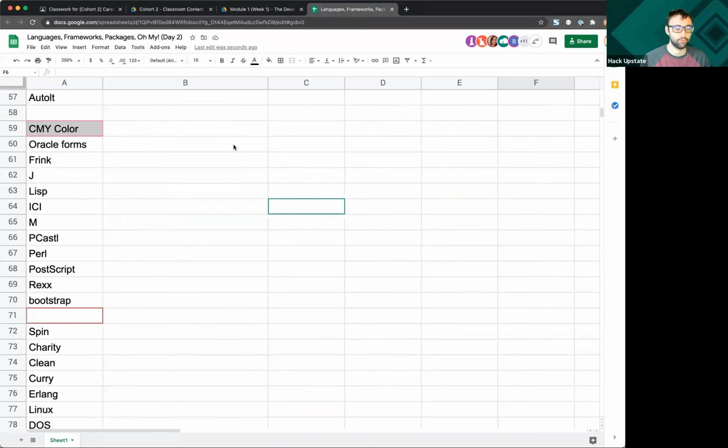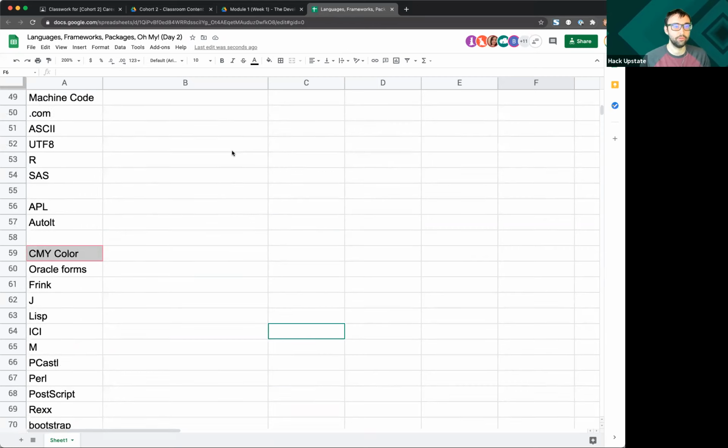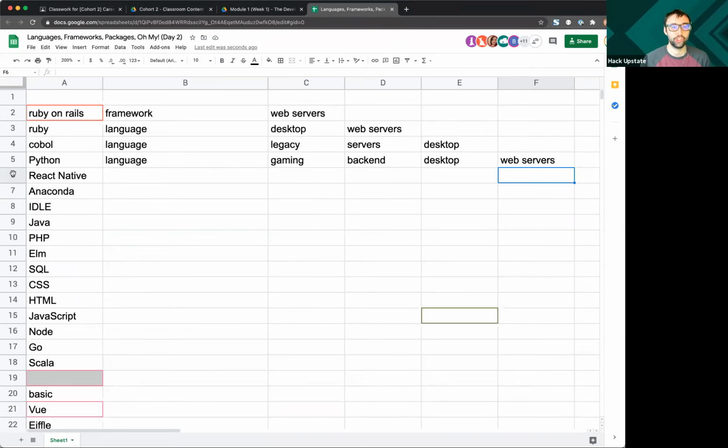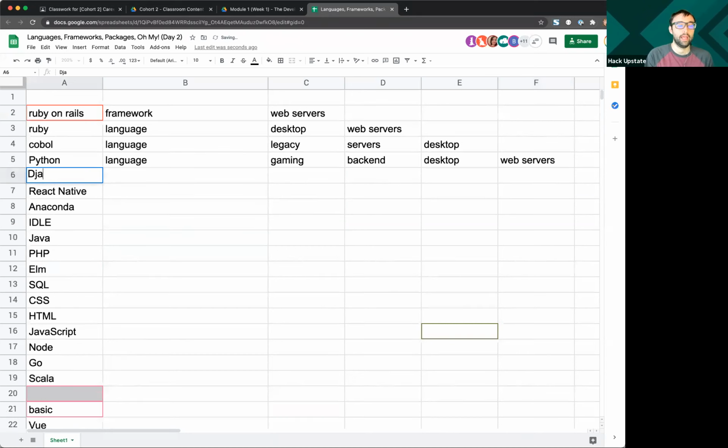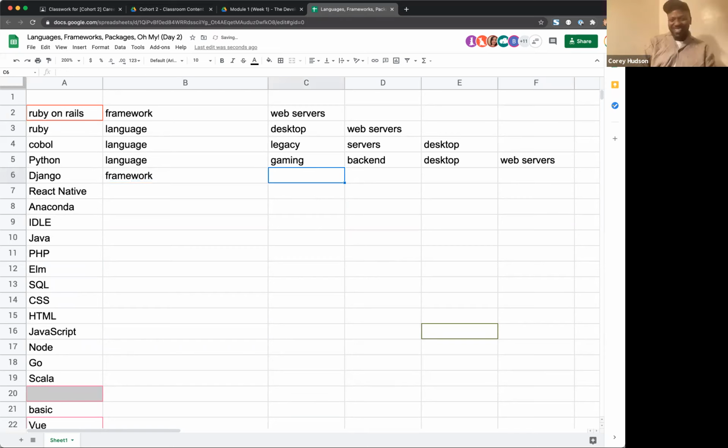One thing I'm going to throw on this list that I don't see, has anyone heard of Django before? Anyone want to take a guess? It is also a movie. Yeah. Blockchain? It's a framework.